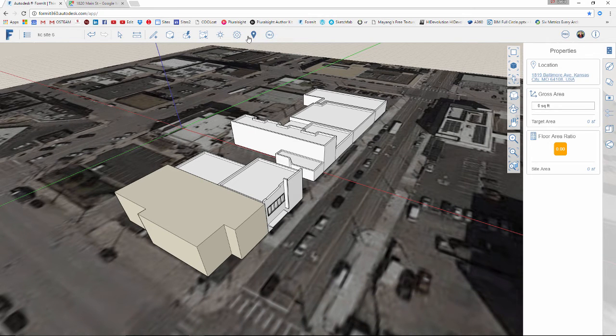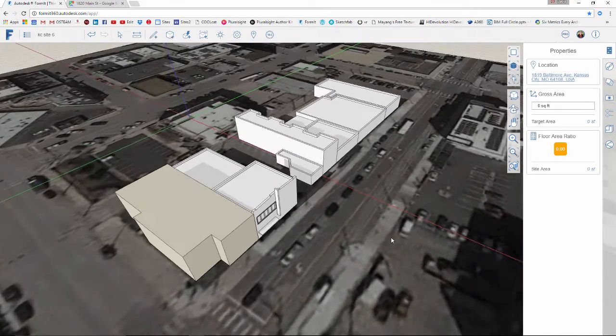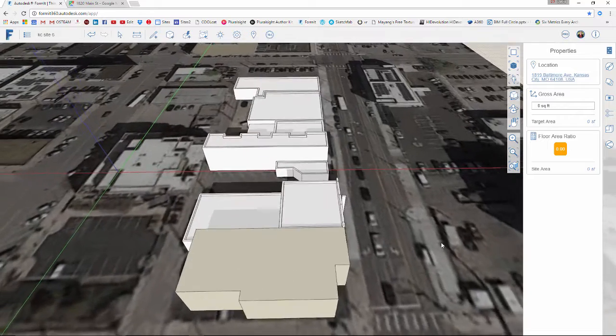So again, we already have our latitude and longitude set by establishing the location of our site. And underneath this panel is sun and shadow. So we're going to activate that, and we're going to turn on shadows. And immediately we get some feedback in terms of what shade and shadow is going to do overall on the